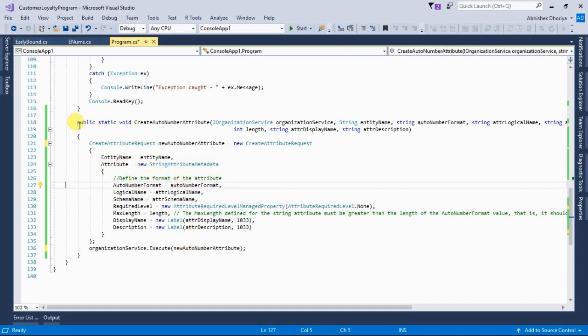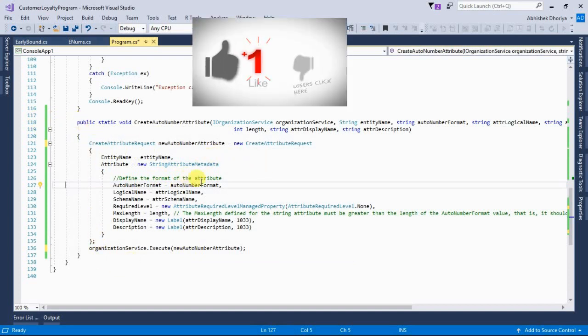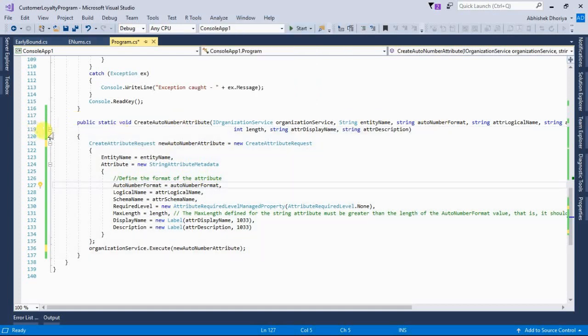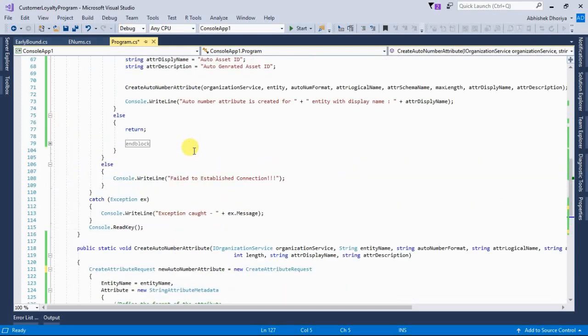So this is pretty much simple. I will be giving you this code, this function, so you can use it as it is, but the only thing you need to understand is that whatever parameters you are passing should be in proper format and in a proper order at the time of calling this method. So I hope now you got the logic. It is simple enough, but let me now show you.